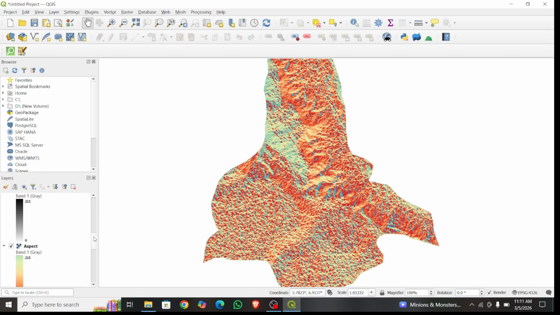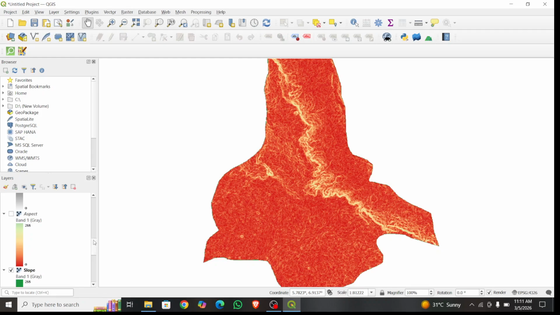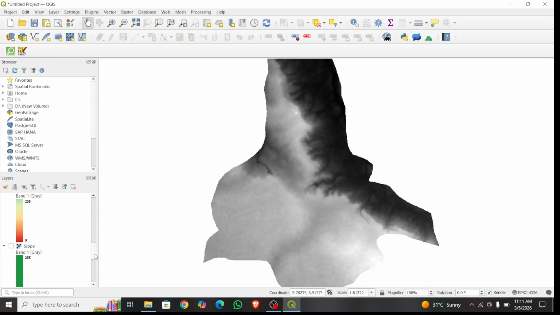From the aspect, we can see the slope, and all these colors have their variations and what each of them represents. This is the slope. Thereafter, we see the filled DEM, which we already had, because they had produced a detailed DEM for us. So with this, we are ready to use the work to carry out the analysis in all